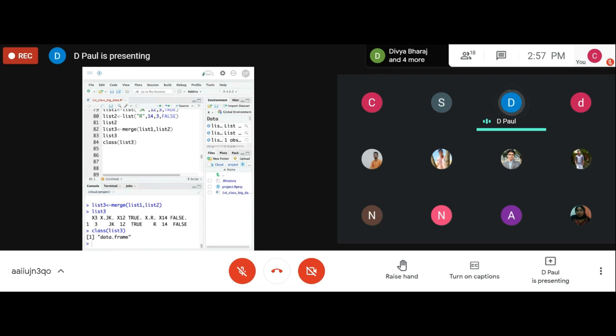Because we have rows and columns in a two-dimensional data matrix structure, it is in data frame format. In this way, we can do it with a list also. And in a list, same as in the previous one, the vector,